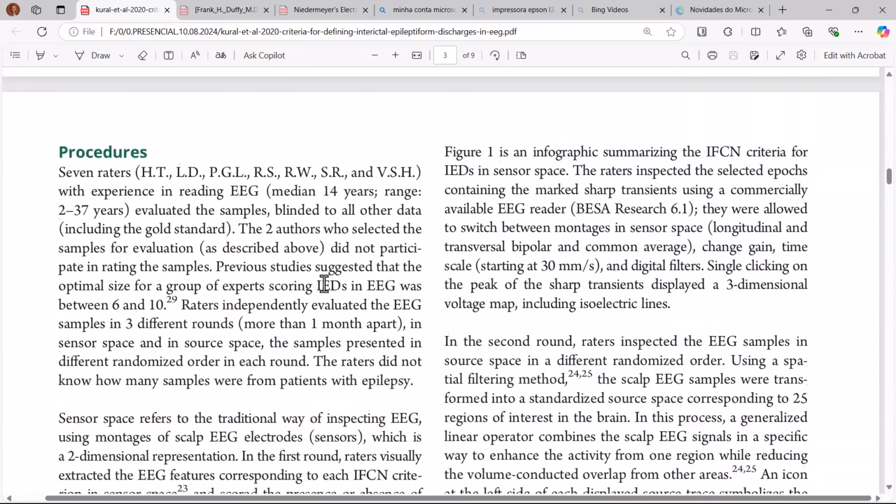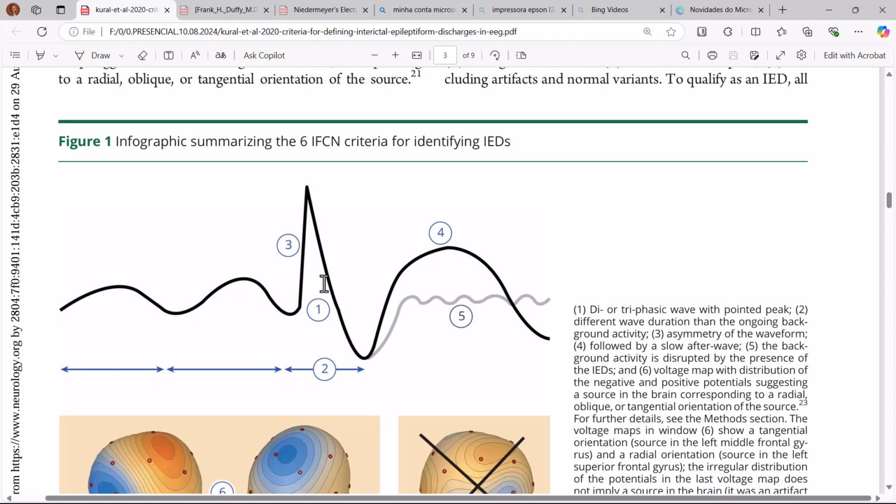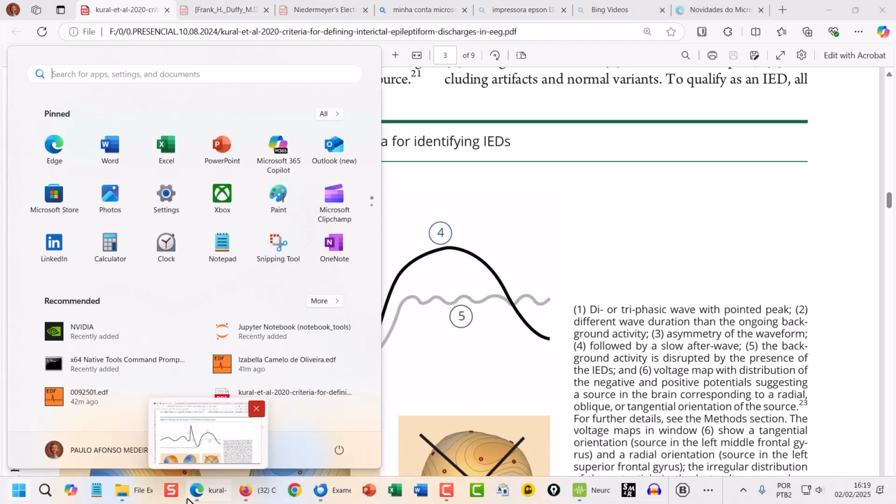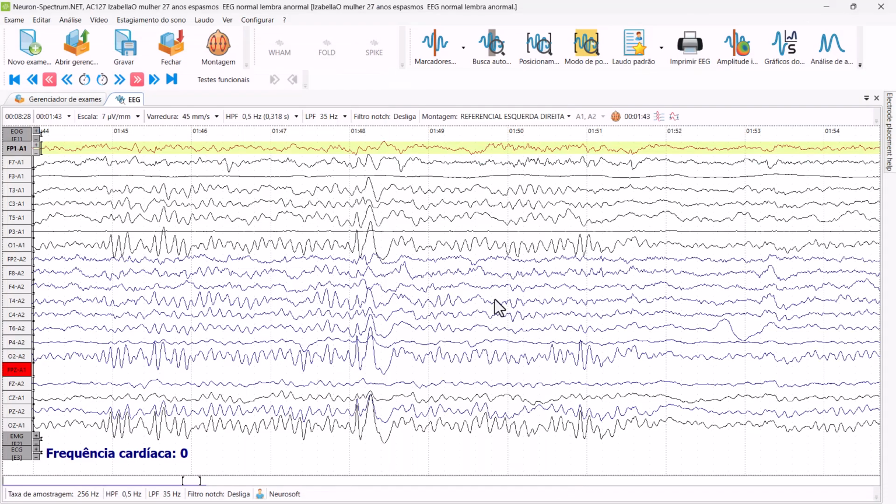But if you look at this article here, this article is very important. There are some characteristics in the spike waves: there is an asymmetry of epileptic spikes. If this over here is an epileptic spike, we have a steeper rise and a less steep fall. It's asymmetric. Something we don't see here. Let's go back. We don't see it here. You see? Both the rise and the fall are symmetrical. And this